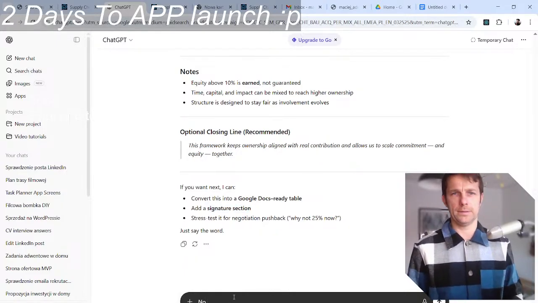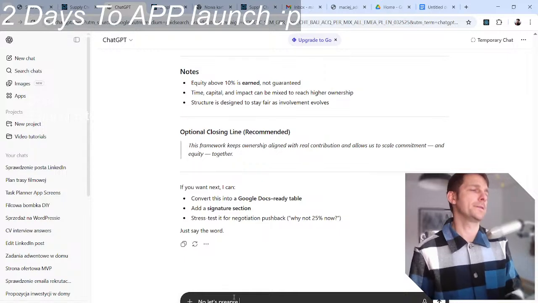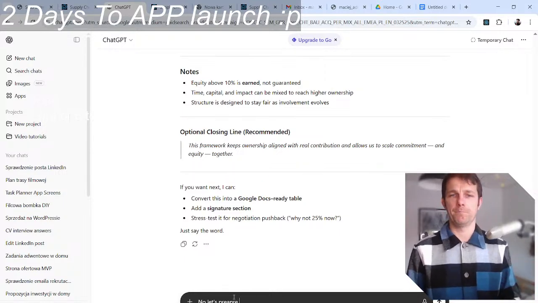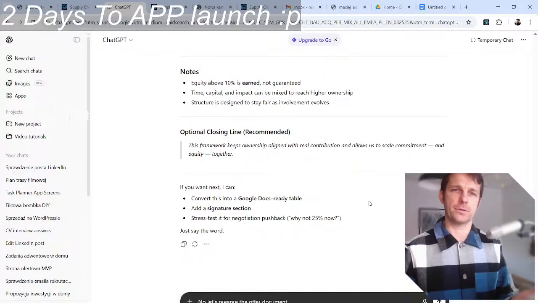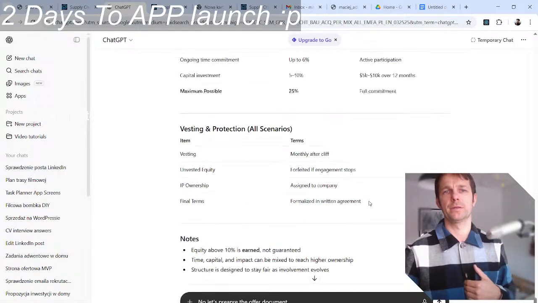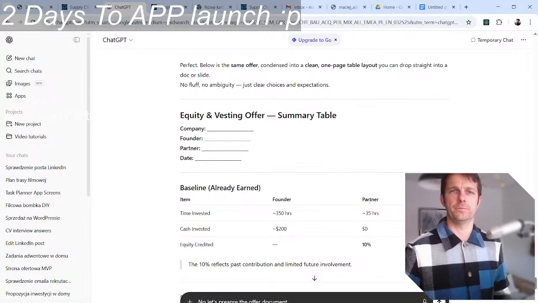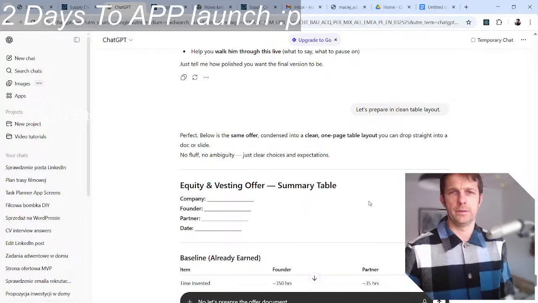Now let's prepare. What's the name? Let's prepare the offer document. No, that's not the offer document. What word am I looking for? Summary table.